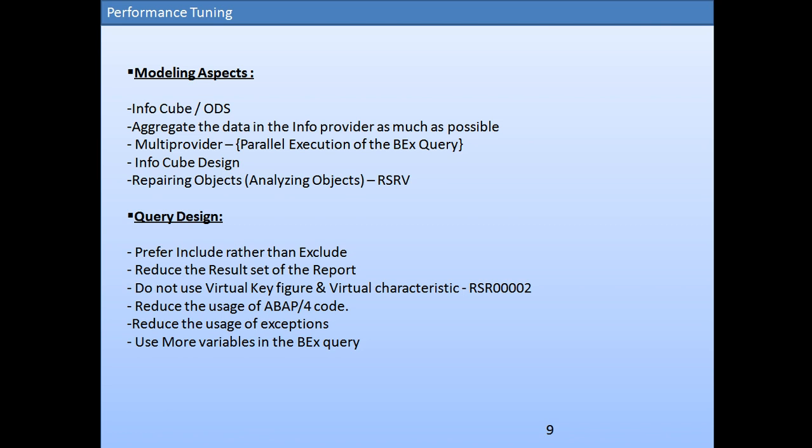So let's say as part of a housekeeping activity, I'll have to take a cube, identify all the unused dimension IDs in it and delete them. Find out those dimension IDs in the dimension table which are not being referenced in my fact table. Then why do I need them in the dimension table? Is it not occupying more space? Deleting those unused dimension IDs can be handled by RSRV. If you go to the T code,